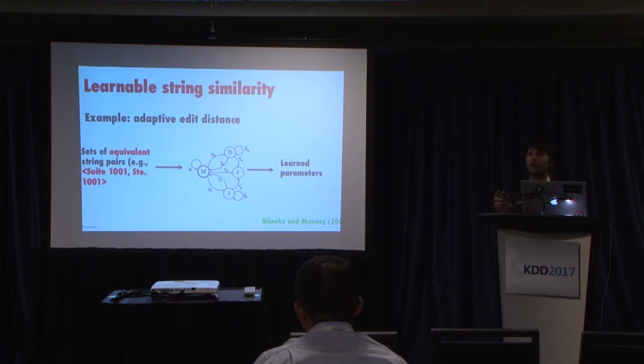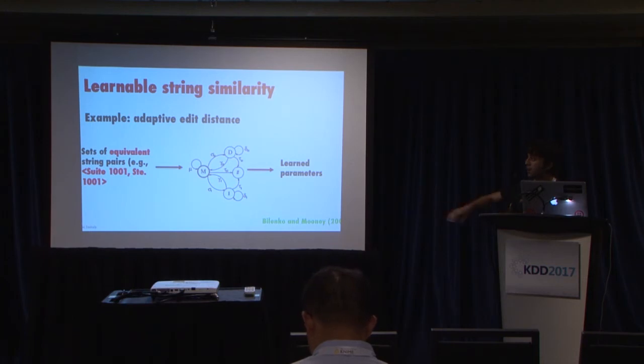So it's kind of like OCR, when you have 0 and O, you often see in OCR systems, the 0 in a document can get translated as O because the OCR has errors in it. So that kind of error would have much lower cost, presumably, because it's an OCR error, than say O and P or something like that. That would have higher cost because it's less likely that the two strings are referring to the same thing. So this is this paper by Bilenko and Mooney in 2003,